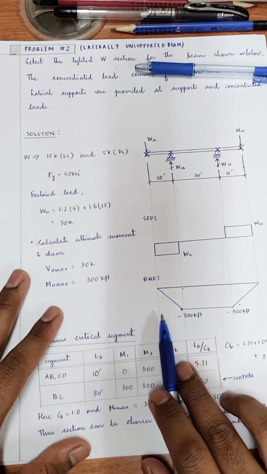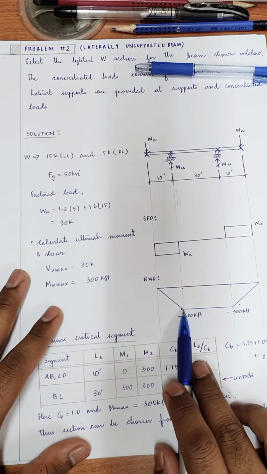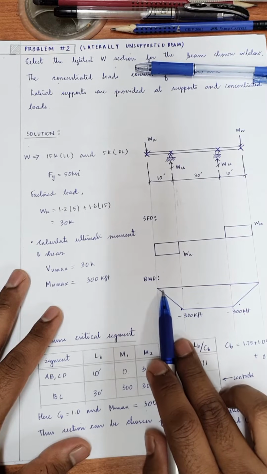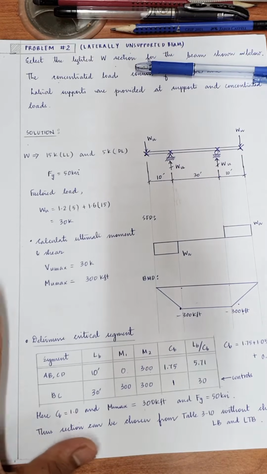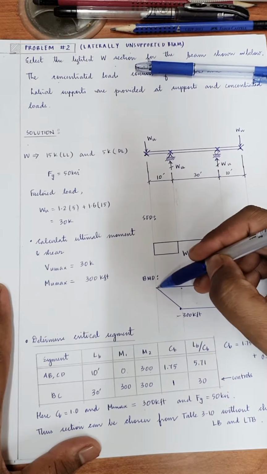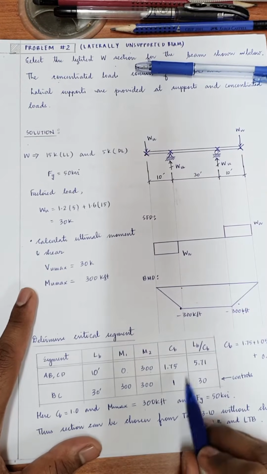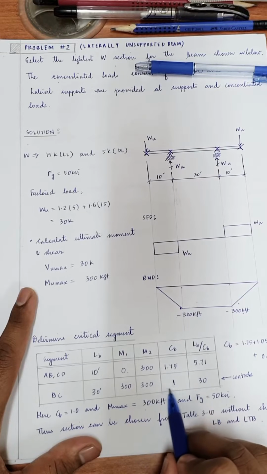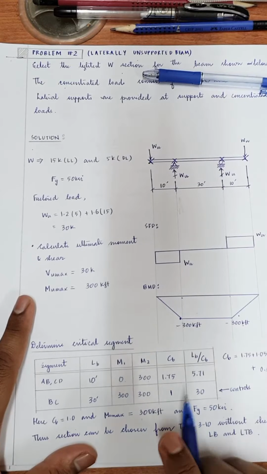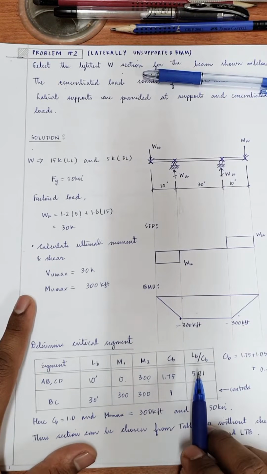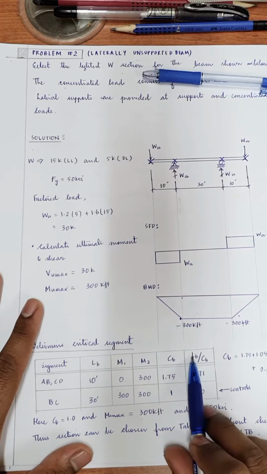While if you take another segment like this one, here it is 0 and here it is 300. So the utilization of the section for carrying the bending moment is varying from 0 to 300. Therefore you use this equation to calculate it. When it is 1, it means that your entire beam is utilized. Anything above 1 means it is not completely utilized. So you can find the value of LB as LB over CB